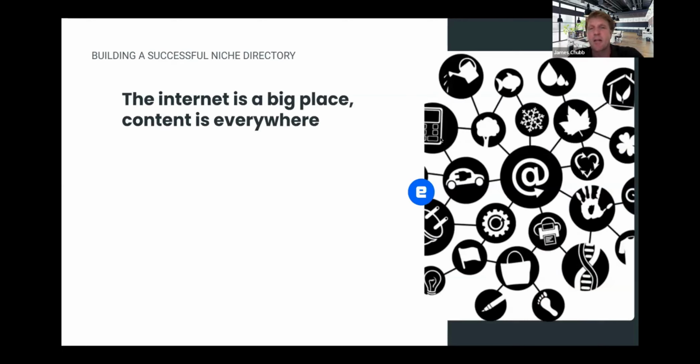Content is everywhere. In terms of making that purchase decision, one of the challenging things is cutting through all the different information. All of this data and content might be in a whole bunch of different places, so what you're doing is bringing all that together in a format that people can read and easily digest, to help them make those purchase decisions.